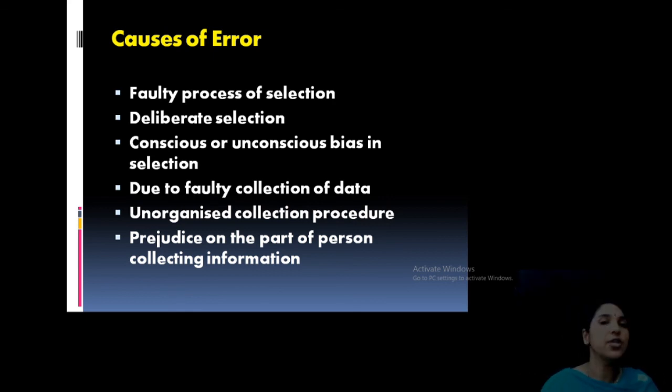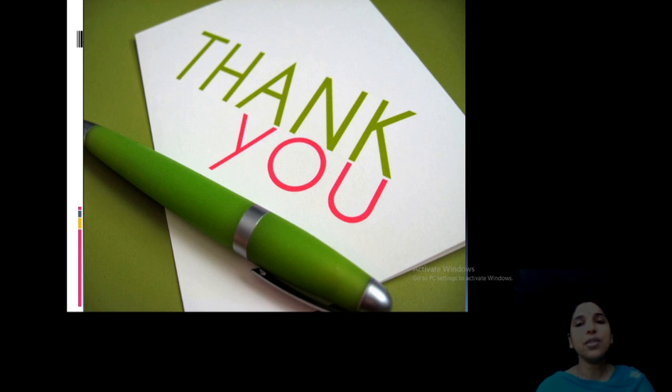Clear? Okay. So I hope you understood well what sampling is. Very important topic, because this will help you in your future PhD work, and also when you get a job or somewhere else. This is a very essential chapter in biometrics or biostatistics. So all of you should make it thorough: what is sampling, what are the types, what are the merits, demerits, essentials, and the sampling errors.